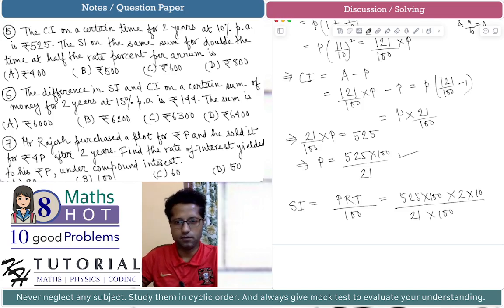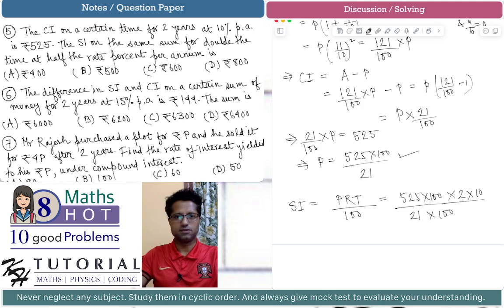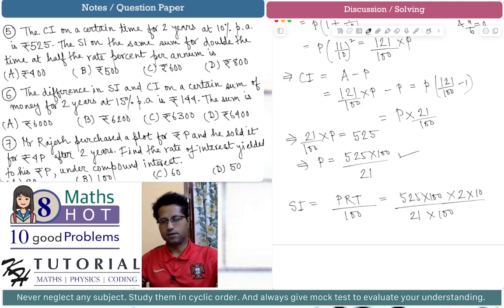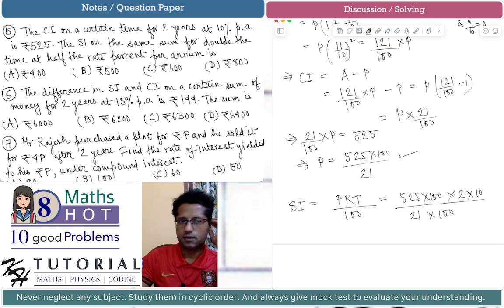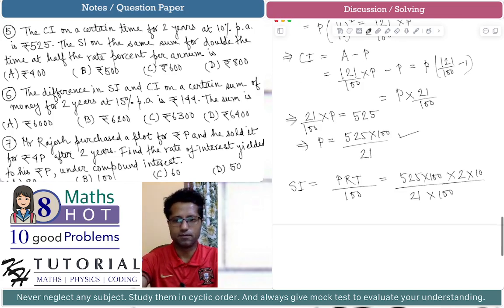So for the calculation of simple interest, we know R, we know T because T is given to be 2 years. R is 10% per annum, and P we have already found from the fact that the compound interest in 2 years at 10% per annum is 525. And since it is asking the simple interest on the same sum for double the time,